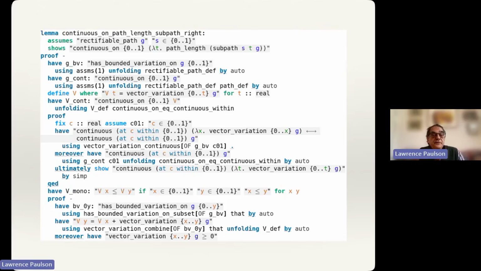Claude decided to prove that it was continuous. Okay, can people see the cursor? So there's the proof. You can see the things being proved. Here we're proving that this V, which we defined up there, is continuous on 0, 1. There is the proof. You can see that we are assuming a variable called C in this interval